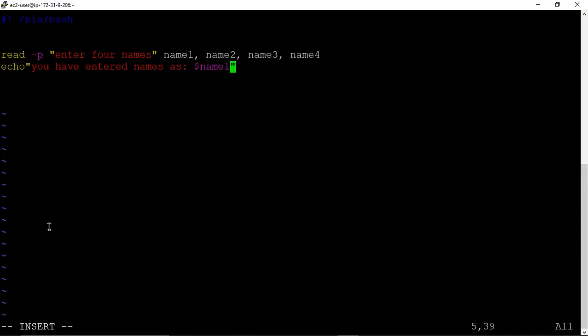Then again dollar symbol. We write name 2. Again dollar symbol. Name 3. Name 4. Okay. So let us run this file.